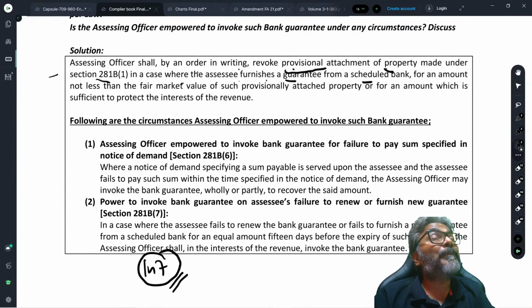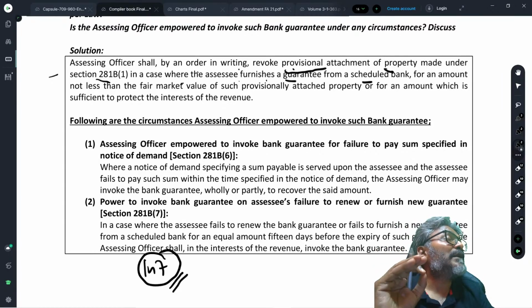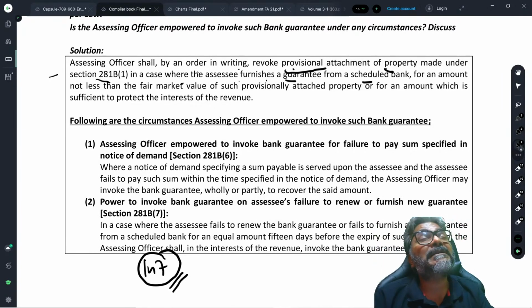So at that particular moment only, the assessing officer, after taking the approvals from the Commissioner of Income Tax and all, attaches the property of the SSC. That attachment is a provisional attachment. Okay. Now, because a provisional attachment takes place, it gives a lot of inconvenience to the SSC,